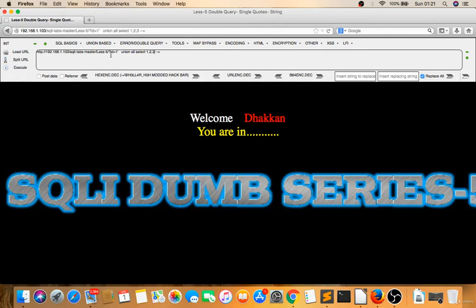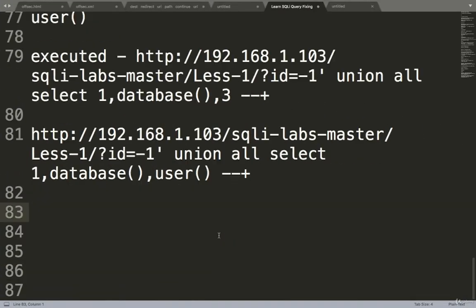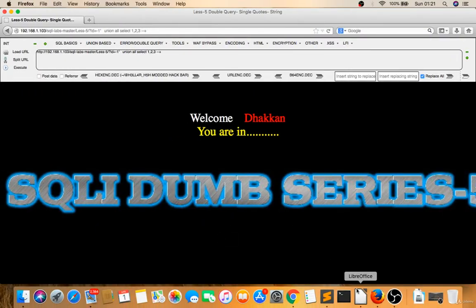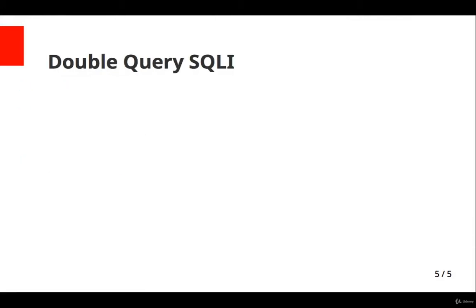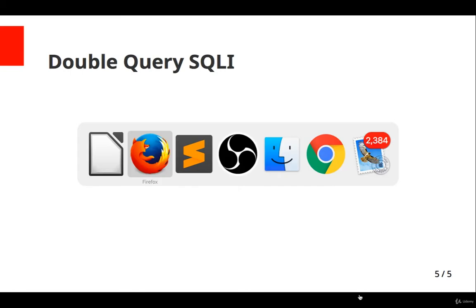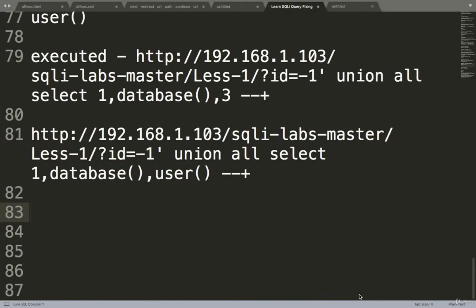For union I have to make the first value negligible, but it's not giving me anything. Why? See, in this case, order by works but union does not work, so there may be double query SQLi or there may be error based SQLi, because you are getting an error.